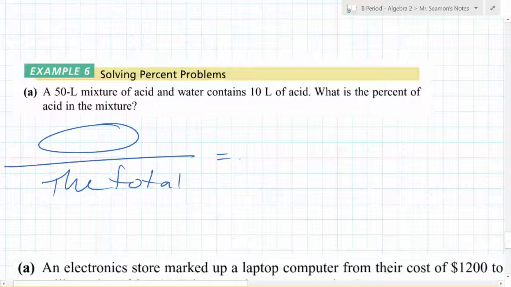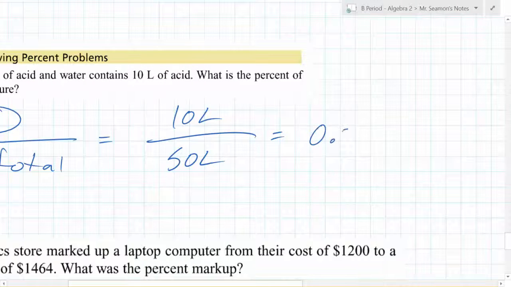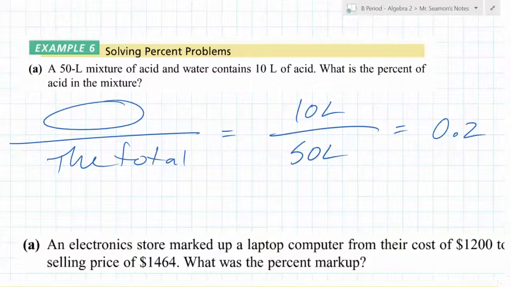So what goes on top here? 10 liters of acid, and it tells you what's the total volume. 50. So how do you figure out that percent? Well, what's that in decimal? 0.2, and what is that in percent? 20%. Exactly. So if you want to find the percentage something is of something, you need to know how much